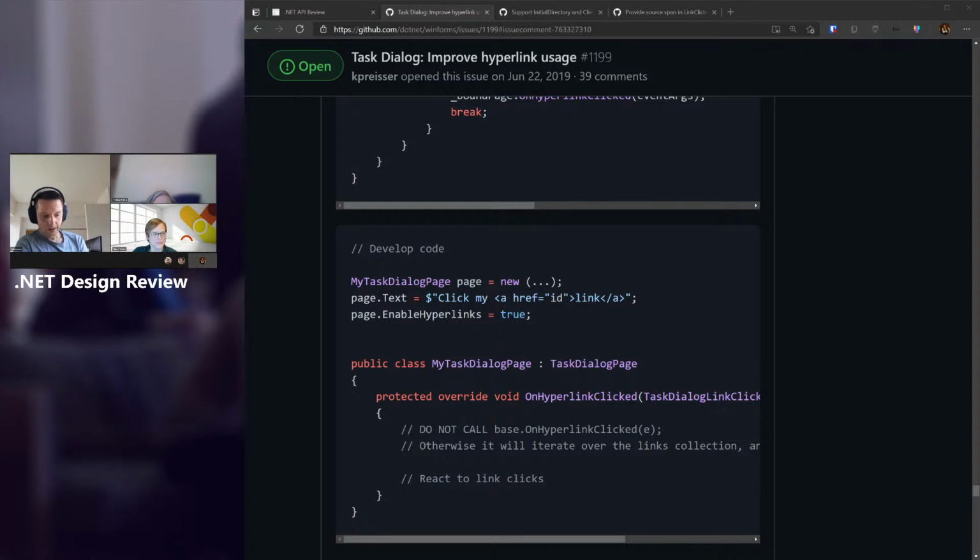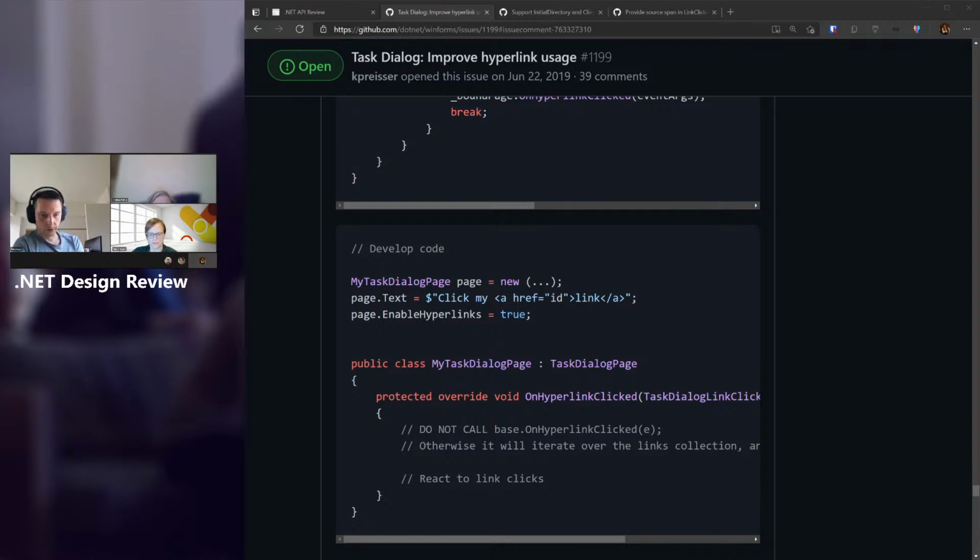So the thing is, the way we looked at it, the text of your task dialog, including the hyperlink sort of HTML renderer, can come from, say, a database. So you may not necessarily control it.